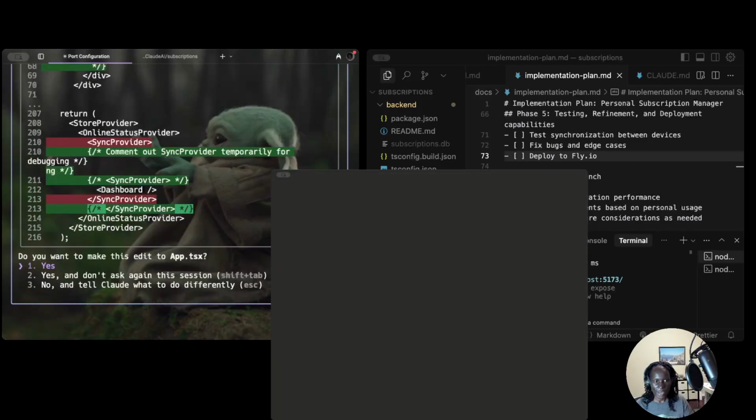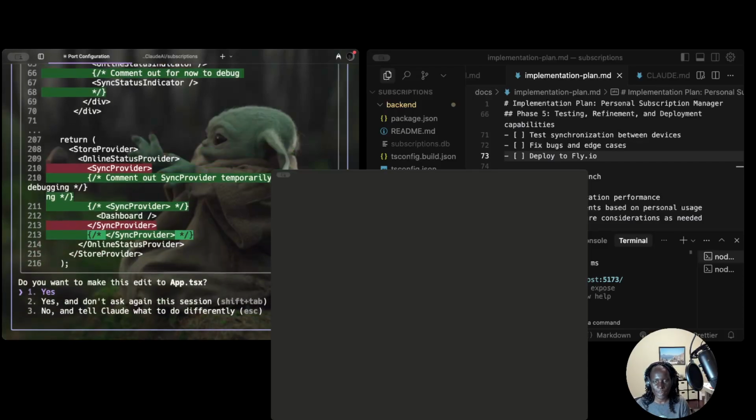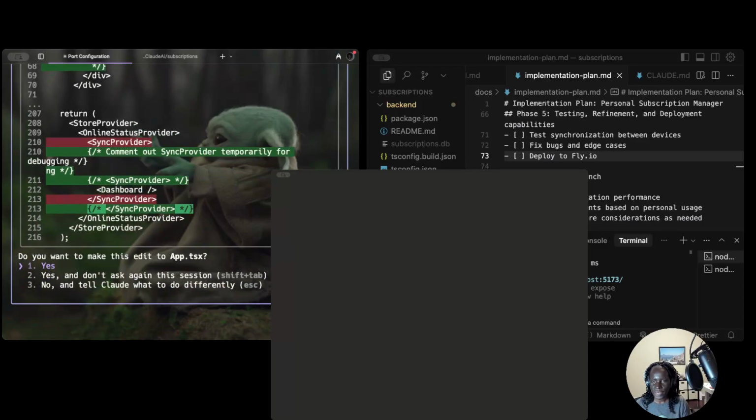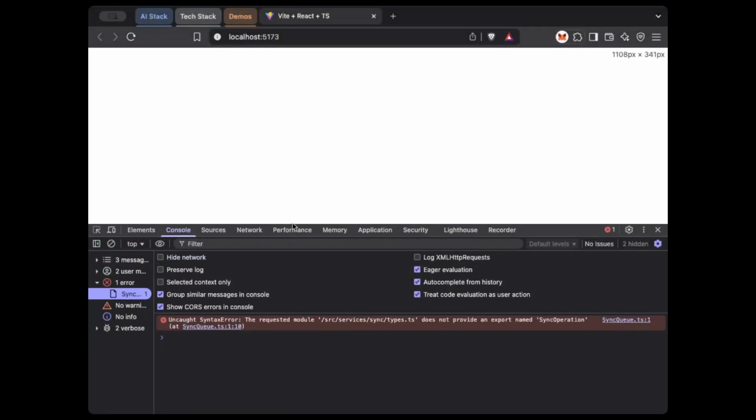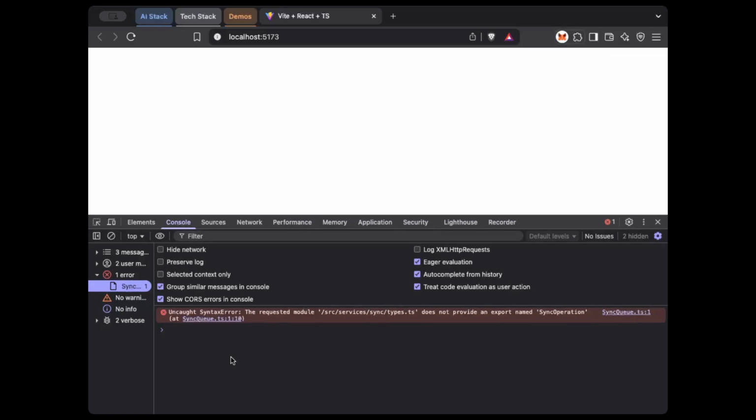So it seems to have gotten itself in a loop where it wants me to make an edit on app.ts to make it simpler. At this point, it's probably best if I just take a screenshot of the error that I'm seeing in the browser. So in the browser I've opened up Inspector, I've got this error, I'm just going to take a screenshot